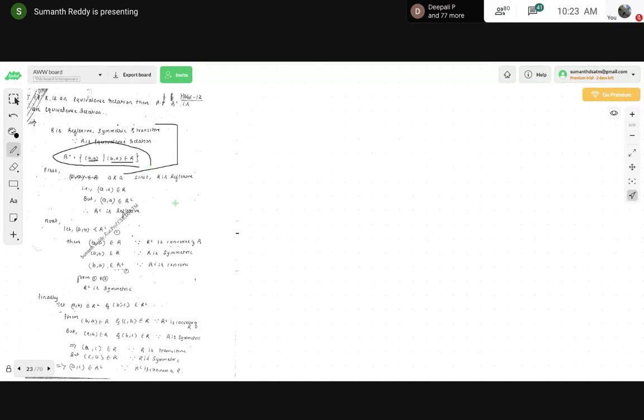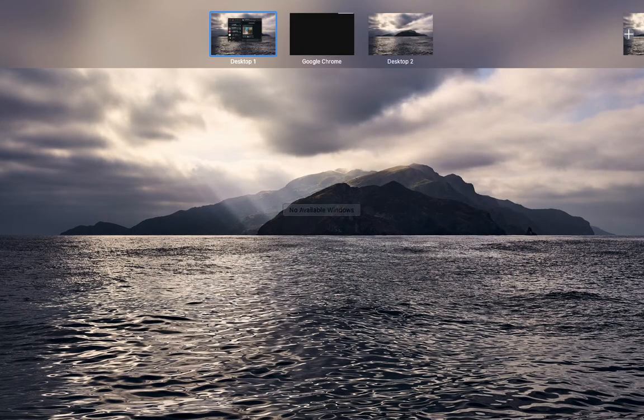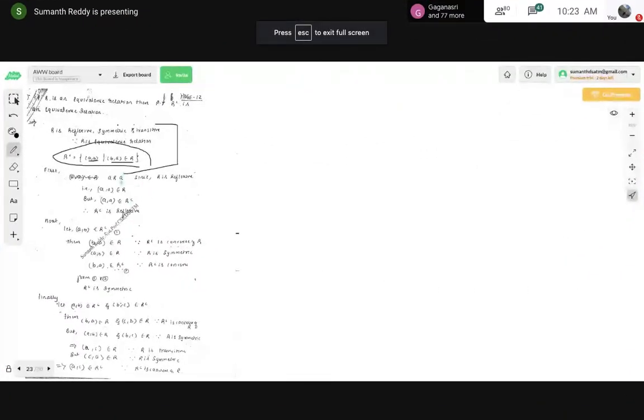As I have told you, for this kind of problem, I can write the definitions of reflexive, symmetric, and transitive, and conclude that since it is reflexive, symmetric, and transitive, it is an equivalence relation. Or you can understand it easily by looking at this. Let me explain. If I have (A, A) belonging to R, and I reverse that, again it will be (A, A) only, correct? And that will belong to R converse. So based on this, I can easily conclude that it is reflexive, correct?